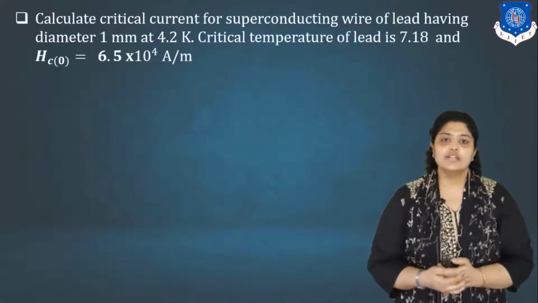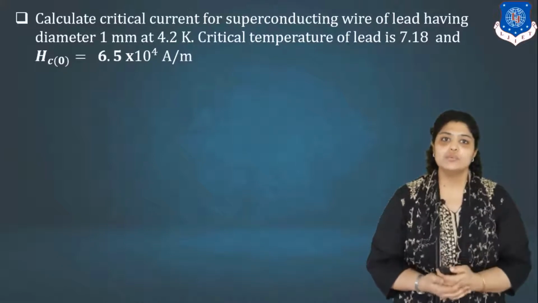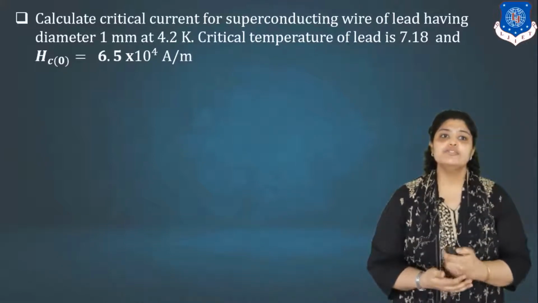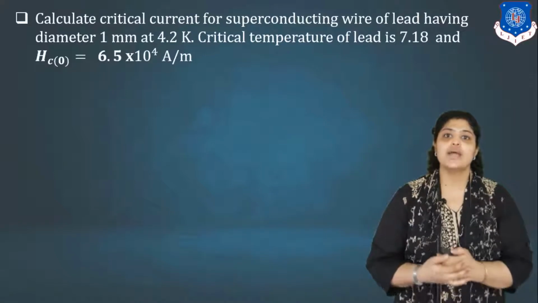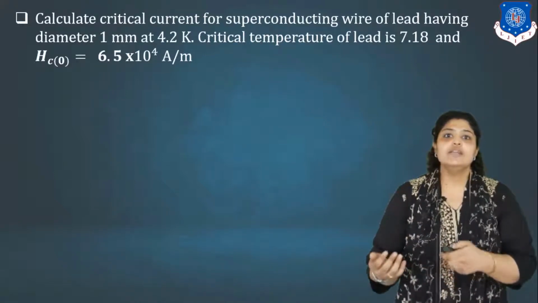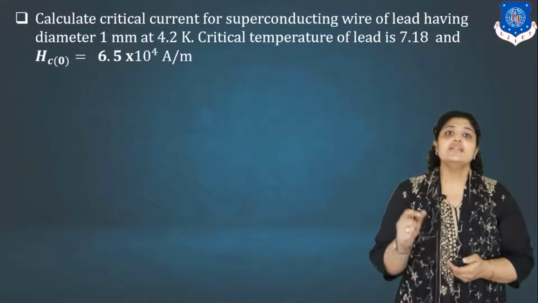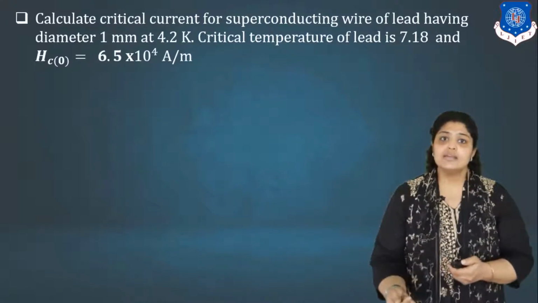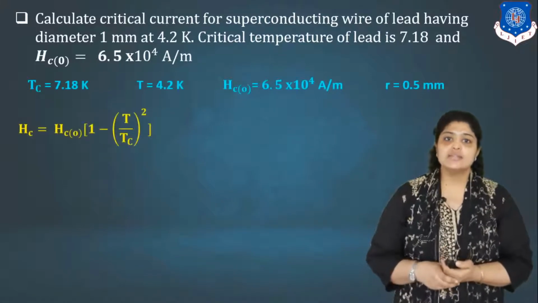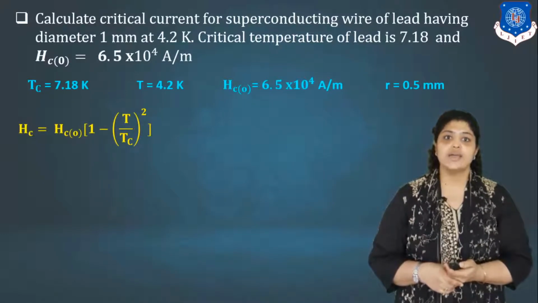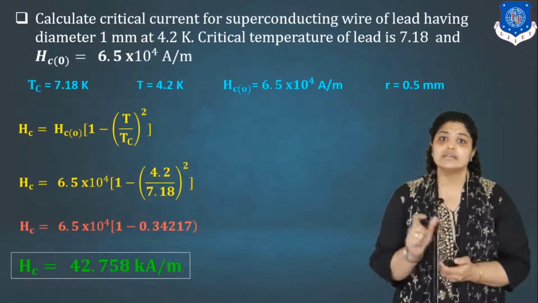Moving on to another category of numerical, wherein we have to find the critical current for a superconducting wire of lead having a diameter of 1 mm at 4.2 Kelvin. Critical temperature of lead is 7.18 Kelvin and critical field at 0 Kelvin is 6.5 into 10 raised to 4 ampere per meter. You are not directly given the value of critical field here. You are given T, Tc, and Hc0. You are also given the diameter of the wire. So to find Ic, we first have to find the critical field. First we will use the formula Hc equals Hc0 times (1 minus T by Tc) the whole squared. Using this formula and substituting all the given values, we find the value of Hc, that is the critical field, as